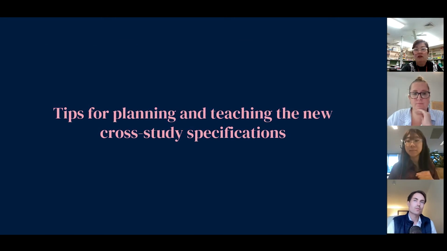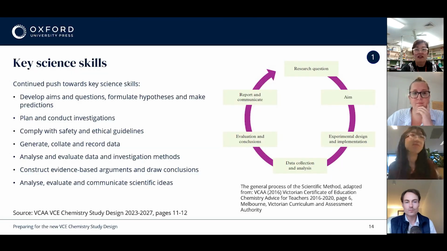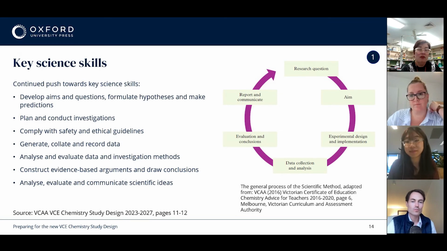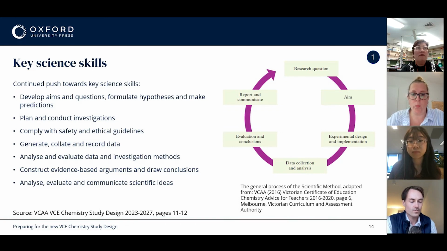So now we're getting to the tips for the planning. With these key science skills, some of you may recognise the diagram on the right. It's from one of the old advice for teachers, but we've just modified it slightly to include communication, because as well as being able to do the research question, the aim, the method, procedure, the data collection and analysis, and also the evaluation and conclusions, you need to be able to present it as a suitable communication, because you need to be able to talk about or present your results so that other people can reproduce what you've done